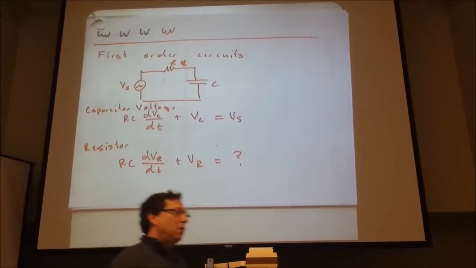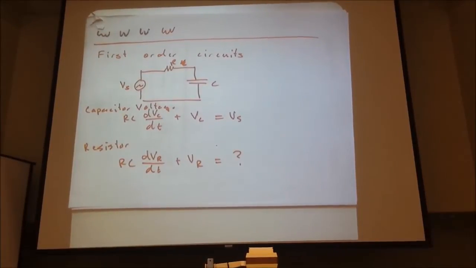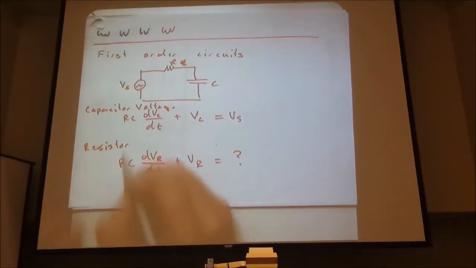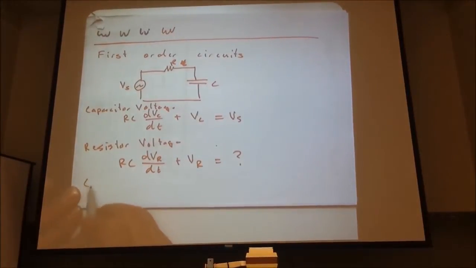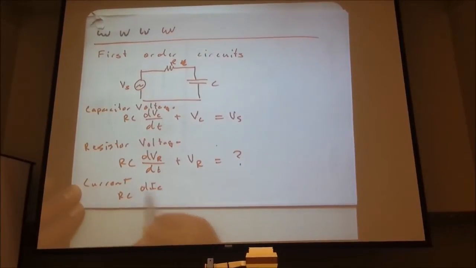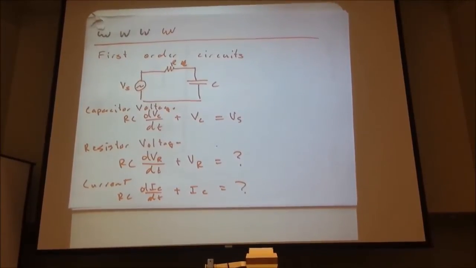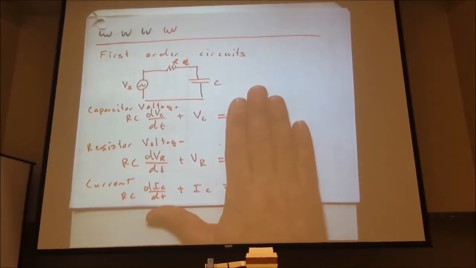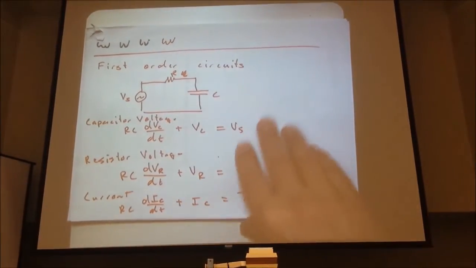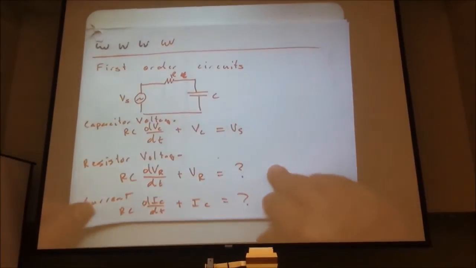So we went through all this, and I don't remember what it is off the top of my head, but we know these expressions. And again, we could look at current and the same story, RC dIc/dt plus Ic equals something. We derived it in the last class, so I just don't remember which one has a derivative and which one doesn't. But the left side is all the same. The differential side is all the same. And when we break up these solutions,